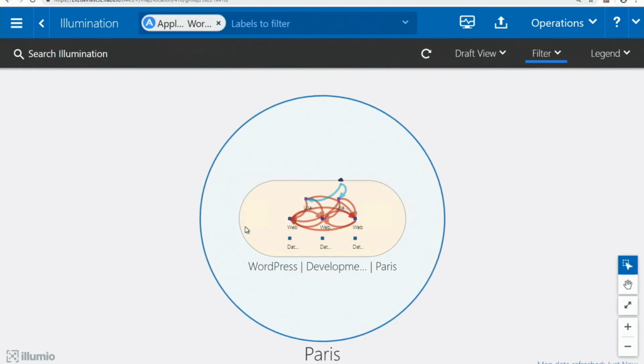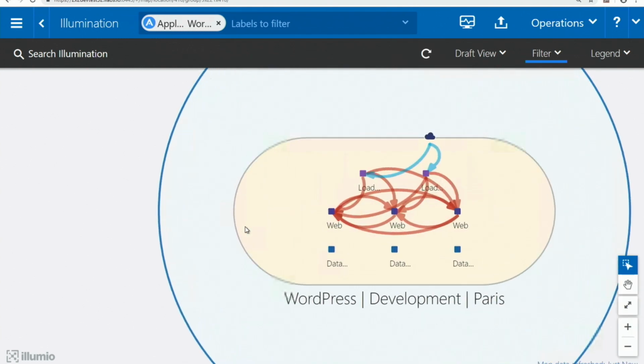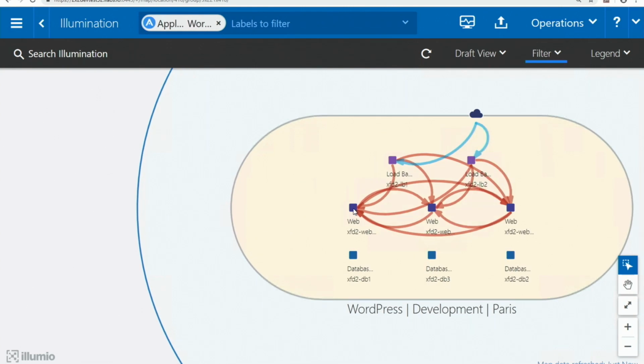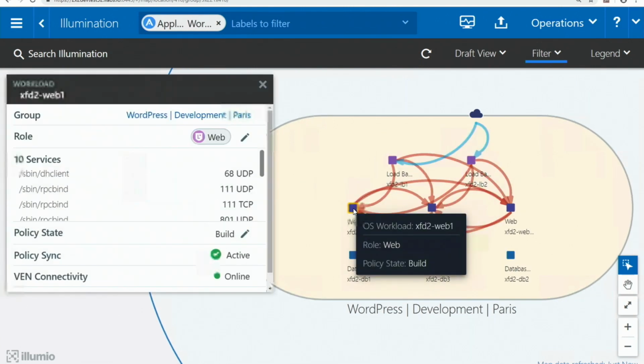So can you drill down into one of the workloads here, Harish, so that we can really show, okay, let's pop up the web application. So you can see the bunch of processes, as Jason showed earlier. It's part of the web tier here. It's a WordPress application development in Paris, and it's showing all these things. So